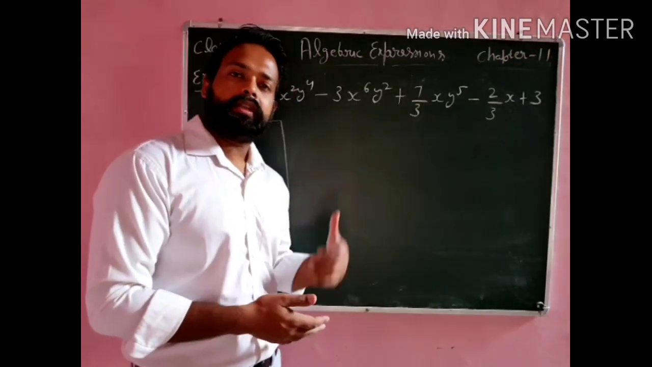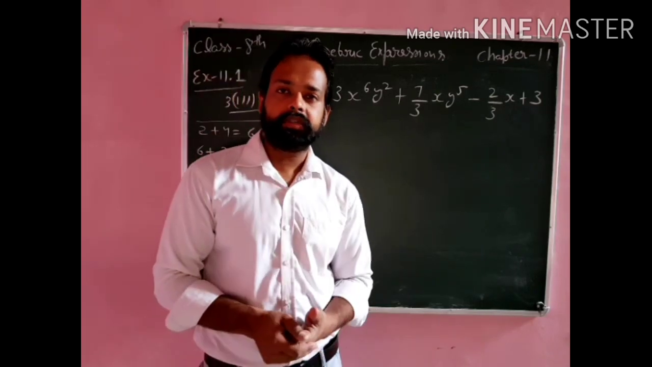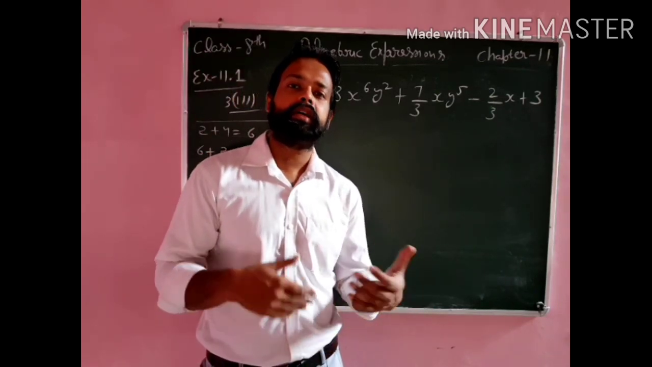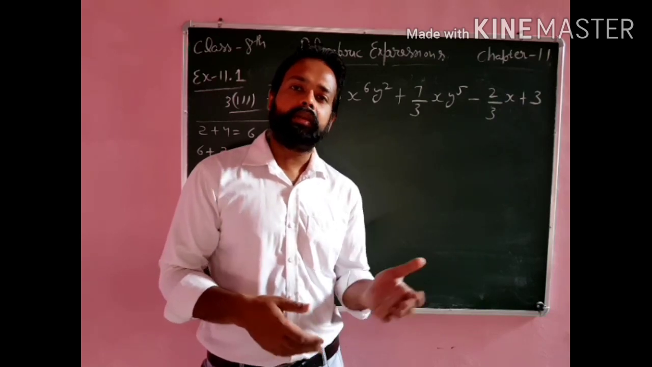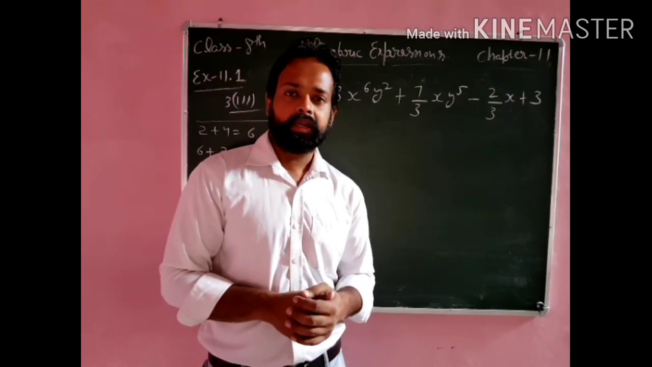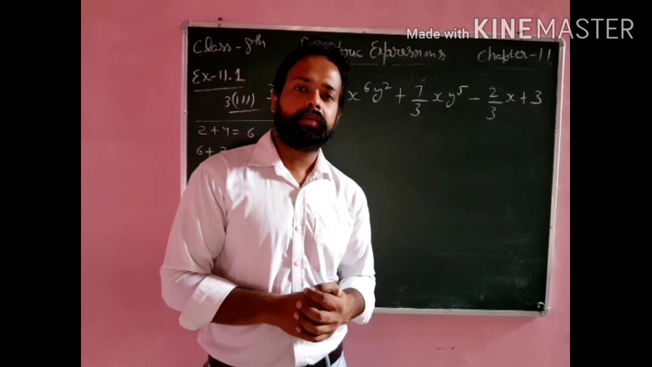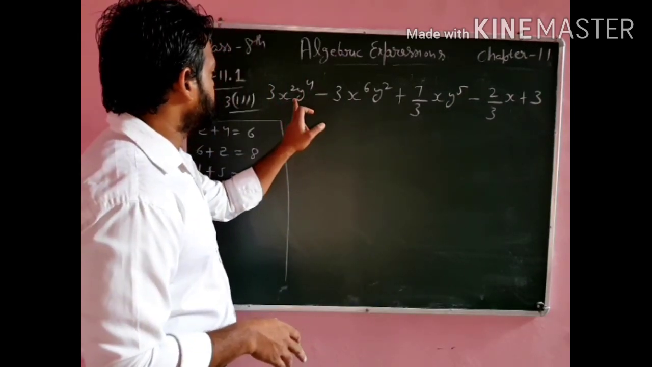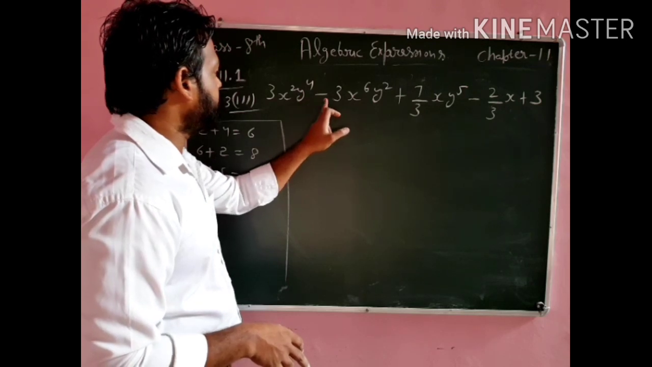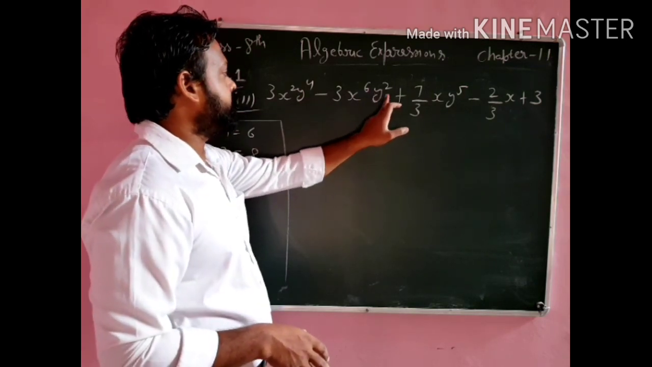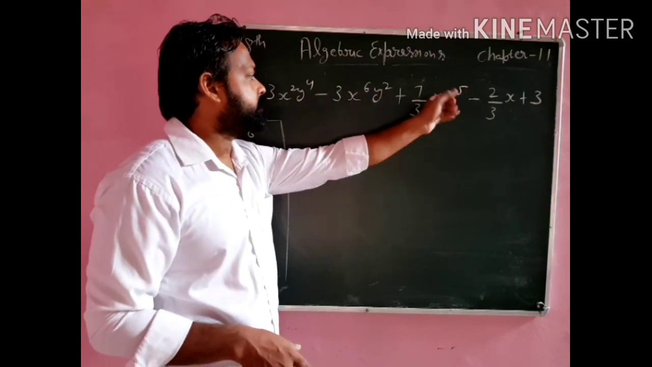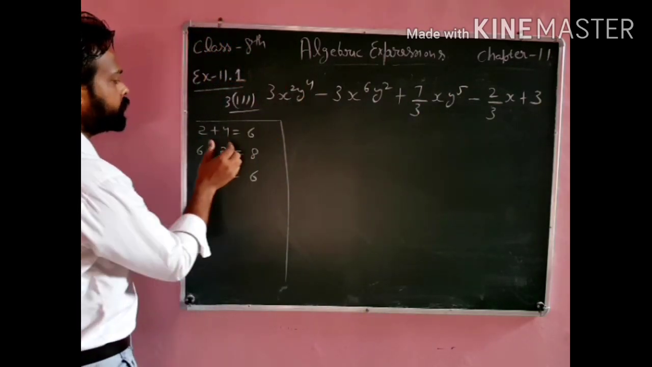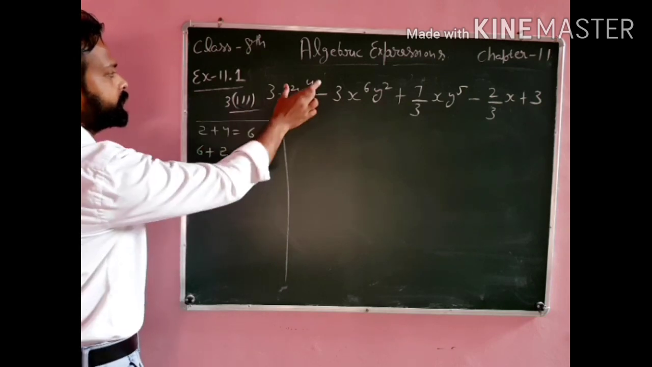Okay, now you can see the third part. Again two variables are used, and when we write the degree of a polynomial which has more than one variable, we have to find the sum of the powers, and the largest sum is the degree of the polynomial. Okay, now you can see here this is 3x square y raised to power 4, 3x raised to 6, y raised to power 2, and x into y raised to power 5. So first of all, this is 2 and 4, we have to add 2 plus 4, the powers we have